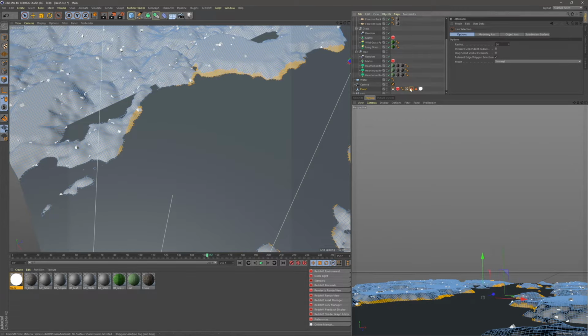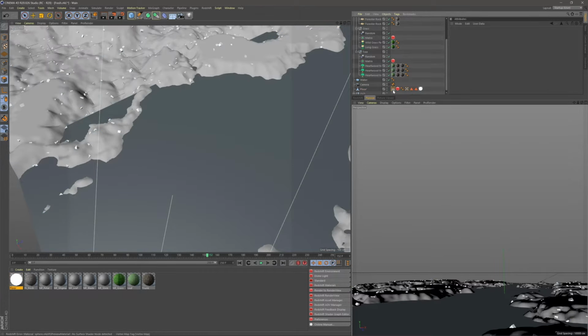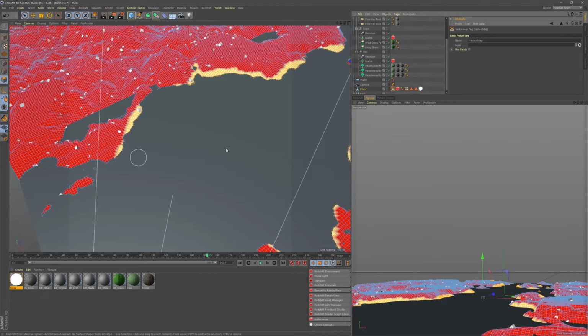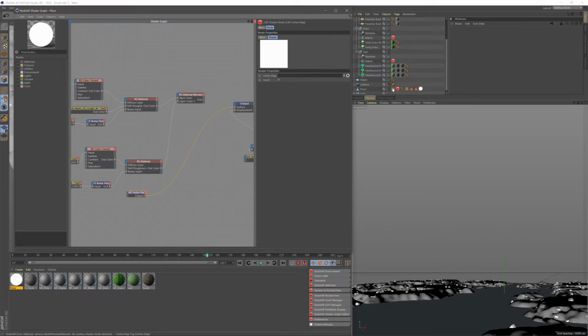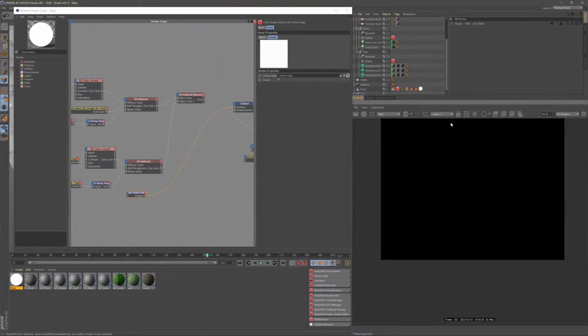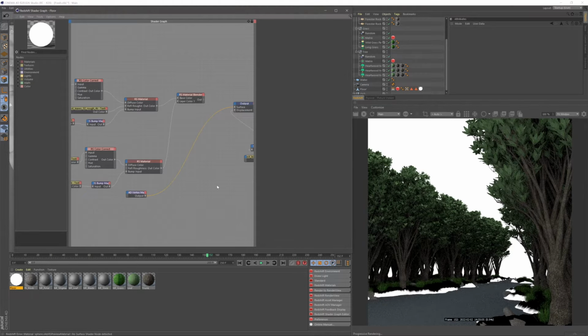Cool. So I'm going to go ahead and on my wet map say select and set selection. This updates my map, and we're going to go ahead and delete the old vertex map, go to my wet map and select and create a new one quickly. Cool, so we have a new wet map. Go back into our floor. On this vertex map, we're going to drag our wet map in, go back in and have a look at this now. And you can see it's actually updated it, it's raised it on this section here a lot better than it was before. So then this vertex map can be applied to our layer blend color 1,